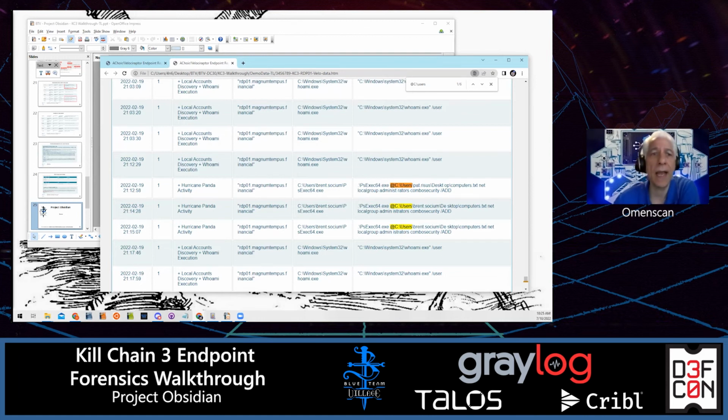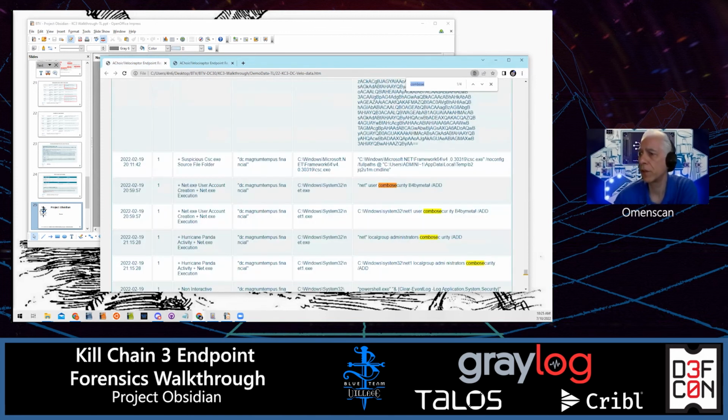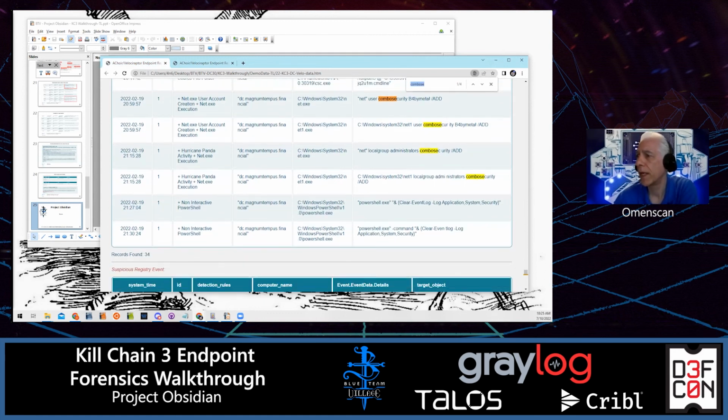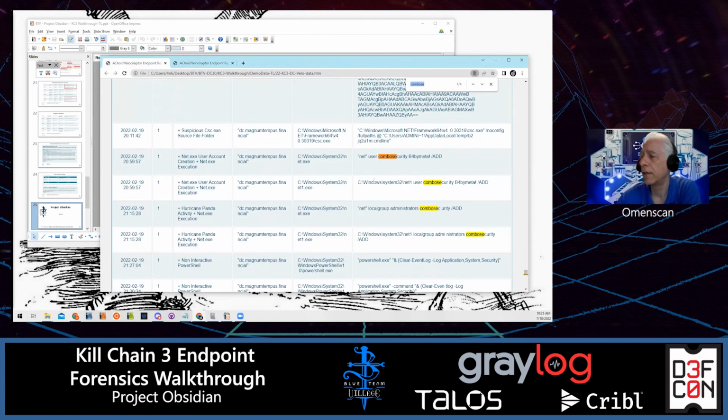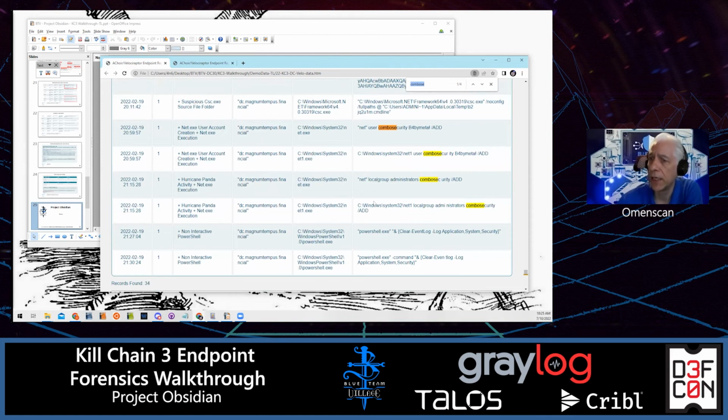So looking at the domain controller, we'll see the evidence that that activity was successful on the domain controller. So let's do a find and let's look for combo security. And here we see that on the actual machine, net user combo security was run. And again, we're able to draw some context around times and activity on this machine. Moving back to RDP01,